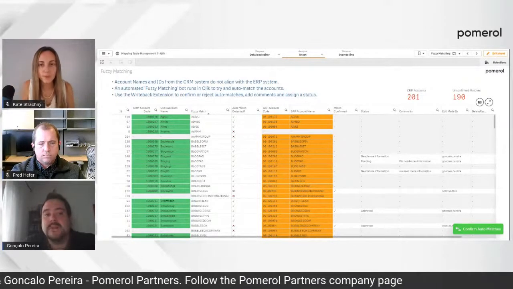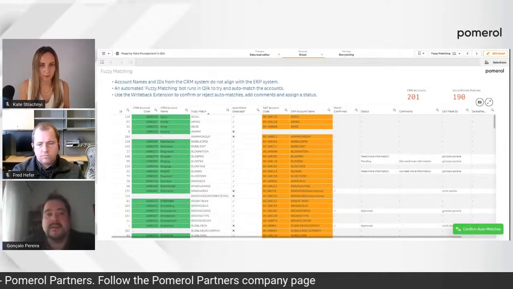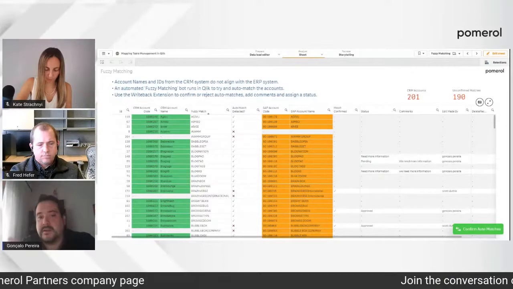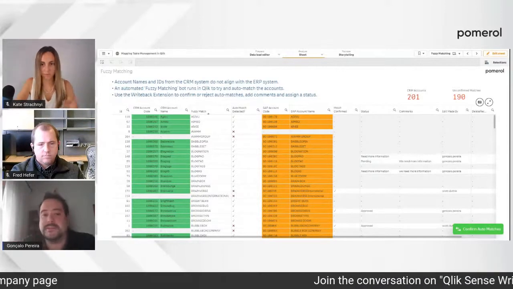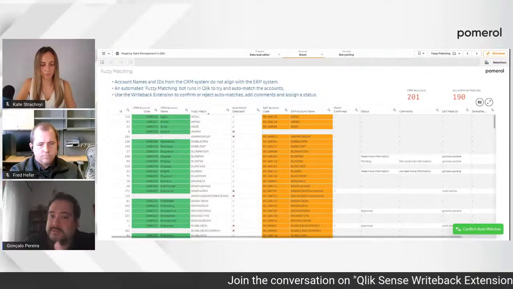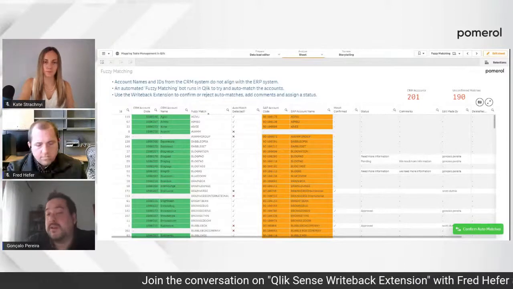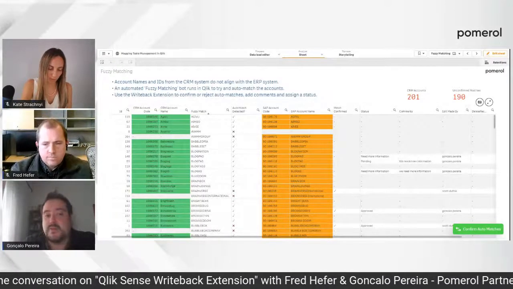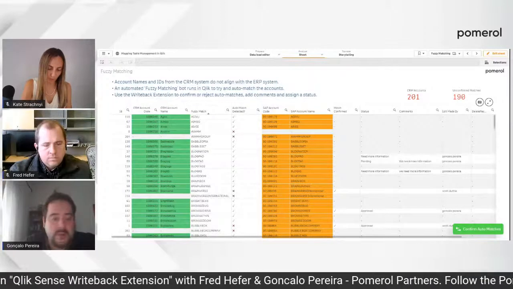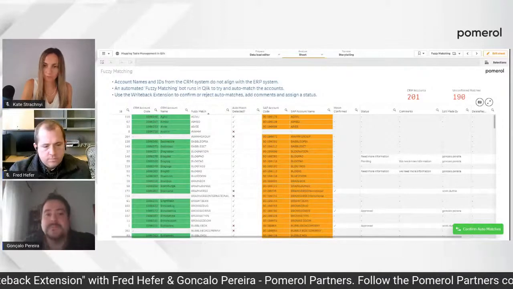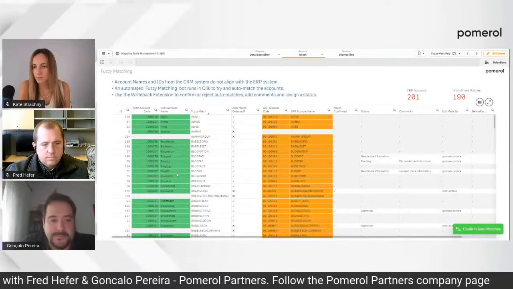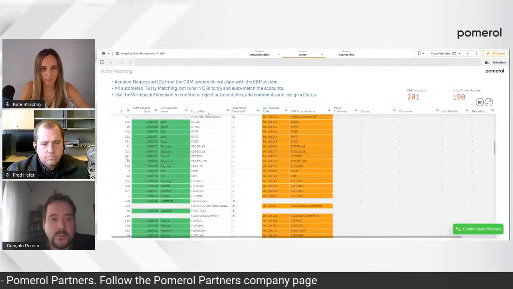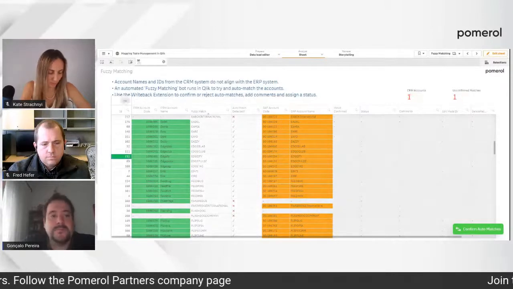Sometimes we have data in our CRM, and then in a different place like SAP or some other system we have the exact same account, but with different IDs. But we don't have a way of actually matching those IDs, or creating that match. So in here, the idea, just as an example, is, for instance, when we click here,